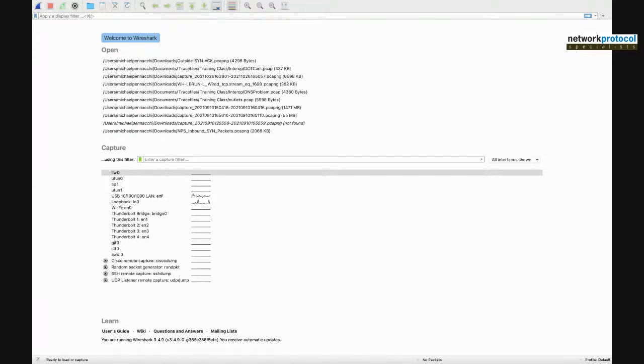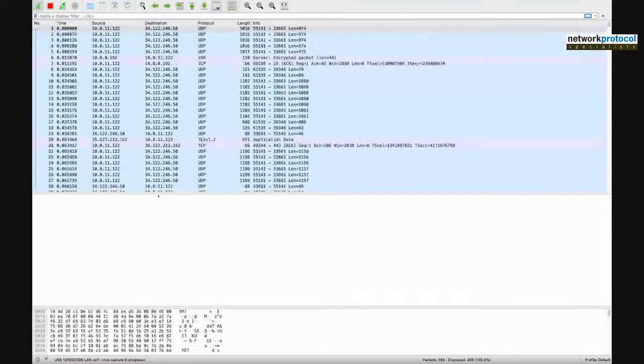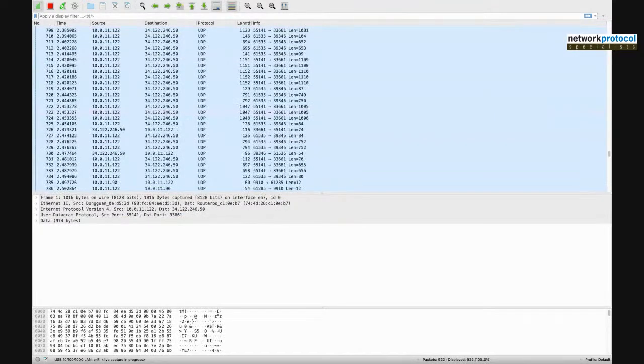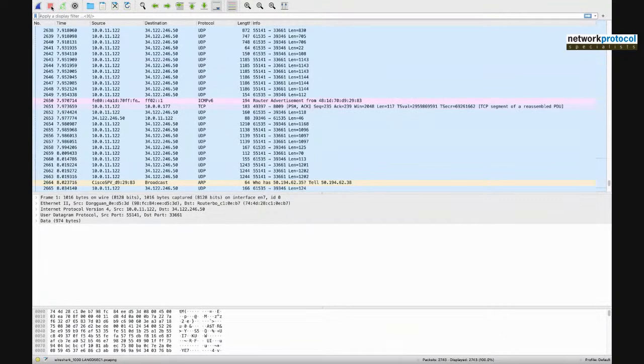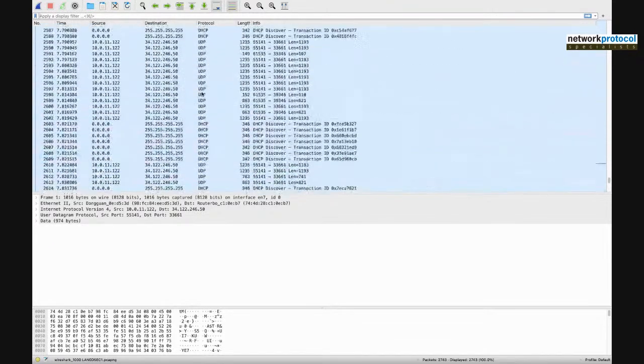So let's go ahead and start capturing some packets. I'm going to double click on that interface, and here we go. We see that we've got packets going across. So I'm going to stop this. Now, one of the things that oftentimes happens when we first start with Wireshark is we get a lot of information and we may or may not know what we're looking at. So let's talk about a couple of things that we can do to make Wireshark easier to use.